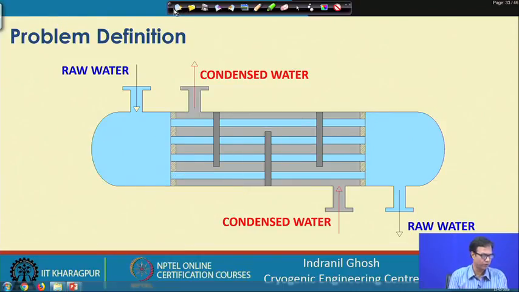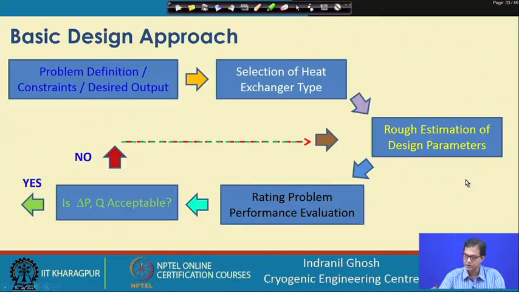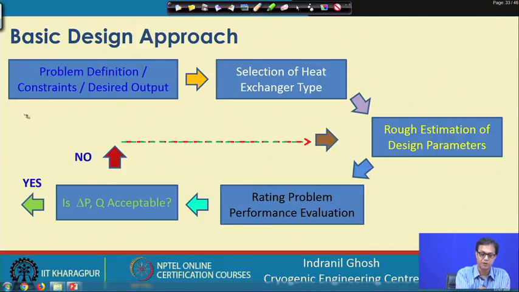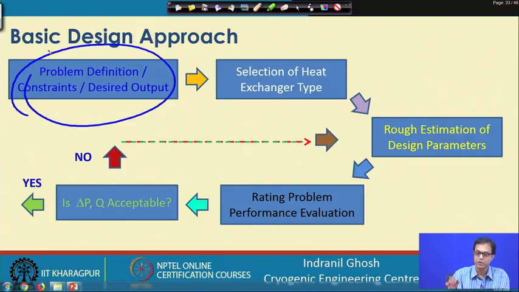Now, we have to look for the actual sizing of the shell and tube. So, how do we do it? What we need to keep in mind is that we have to take an approach as we have discussed in the previous schematic. This is the flow chart we have shown. So, we will start with this, the problem definition has already been told. Now, we have also selected